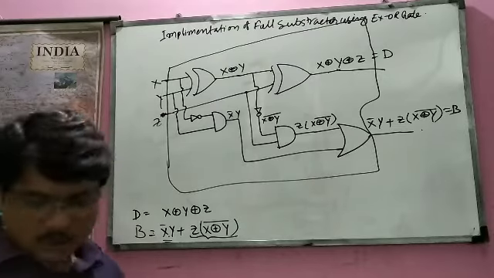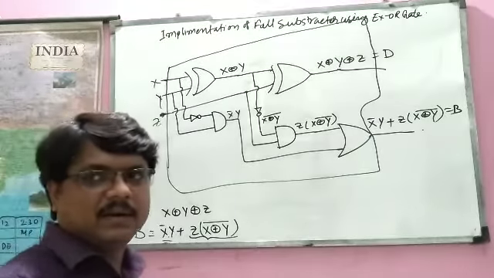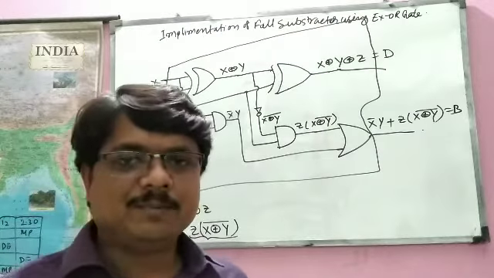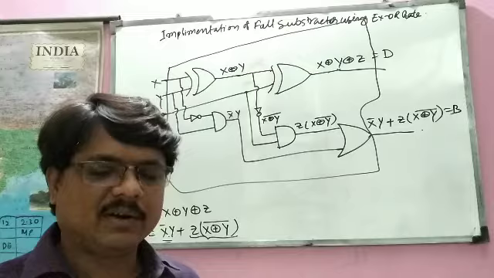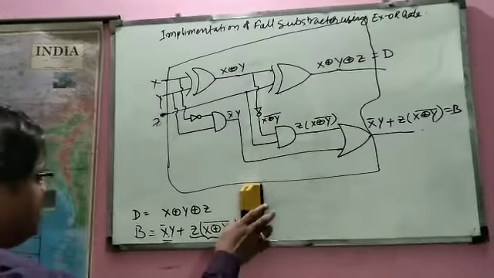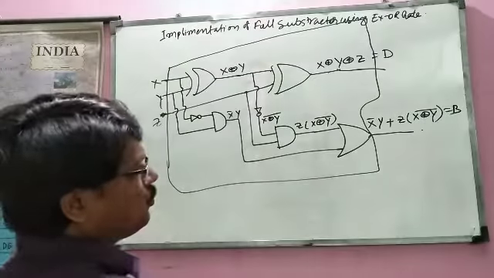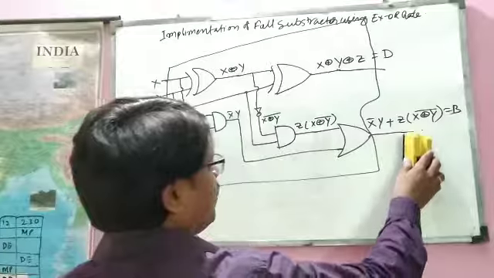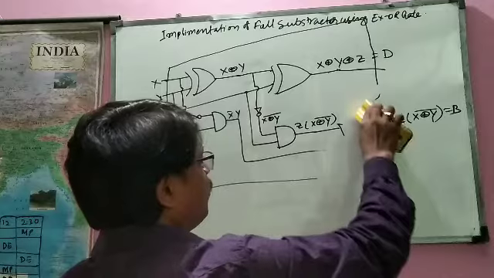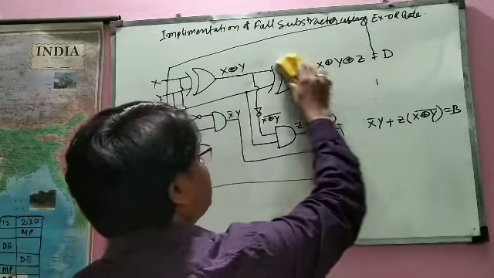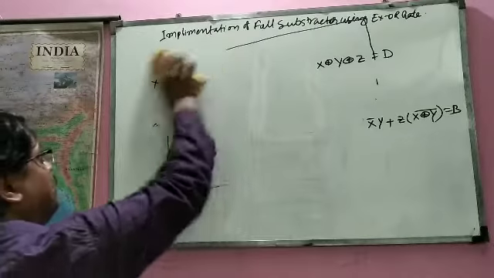Okay, now one more thing, an important question that people ask is to implement a full subtractor circuit using two half subtractor circuits. So we'll see, that is very easy. It will take 2 more minutes because all of you know all these things. So for you people it will be very easy. Okay, so you have the expression for this borrow, okay, and the expression for the difference. So it will be implemented very easily. So see what is happening.